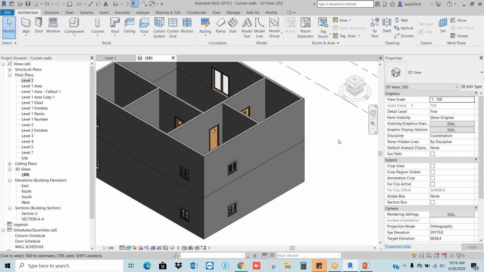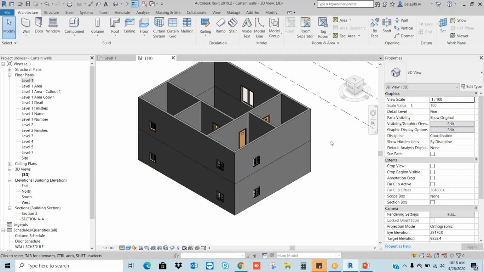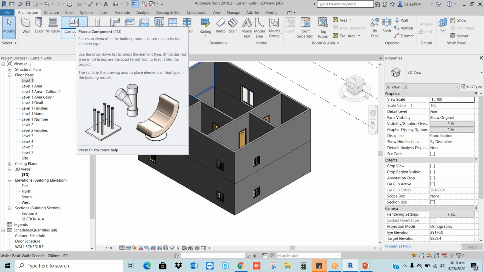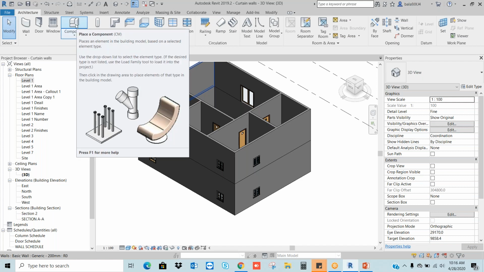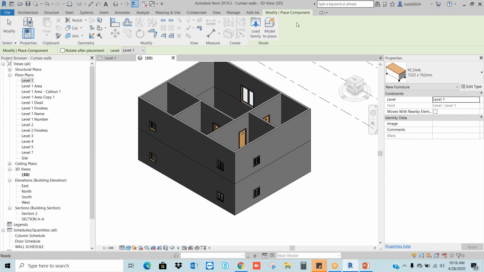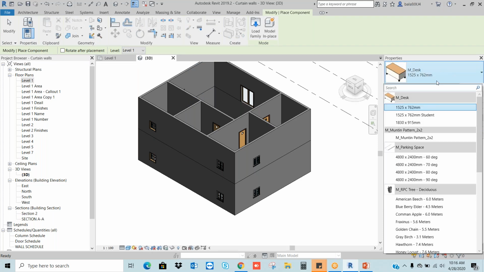See, as we discussed, we need the 5 types of commands in 3D to create any kind of shape, any kind of elevation. Let's say now I'm going to the Architecture tab. When you go to the architecture here, I can see the Component. In the component, we are using this command to place the not listed elements or categories, and we are choosing the different categories we are placing.